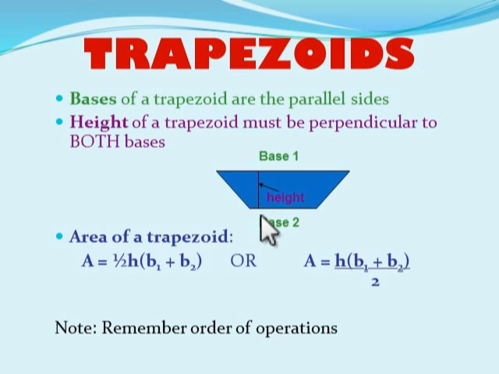And what we do is we add base 1 and base 2, both the bases. We add those together, multiply by the height, and then take half of that, or divide by 2. Let me try to show you why. If we created another trapezoid,